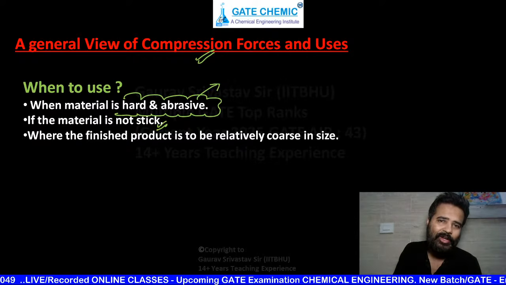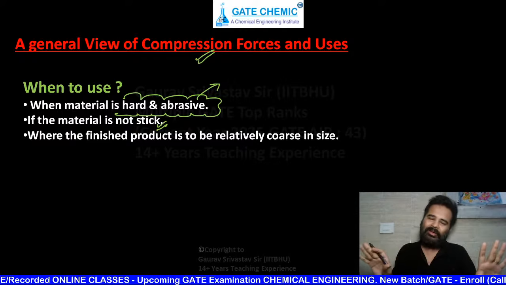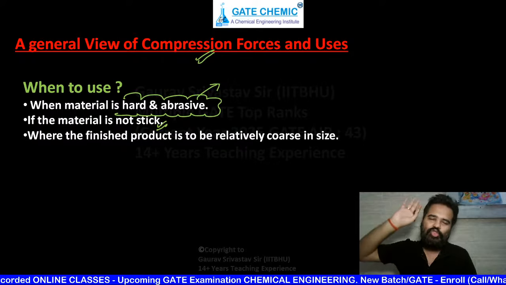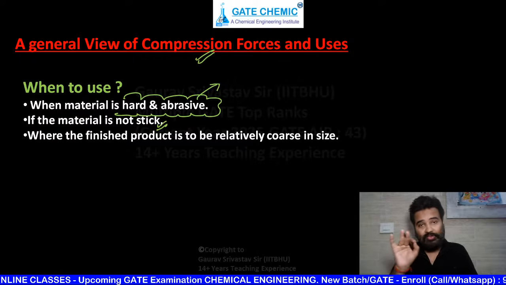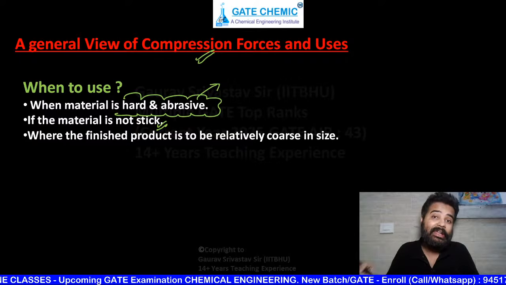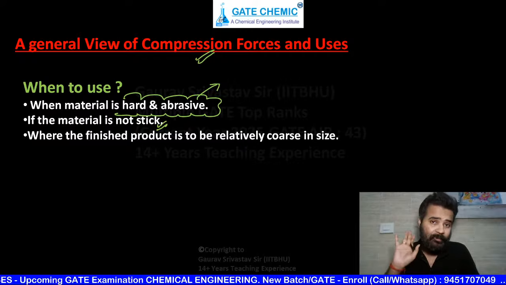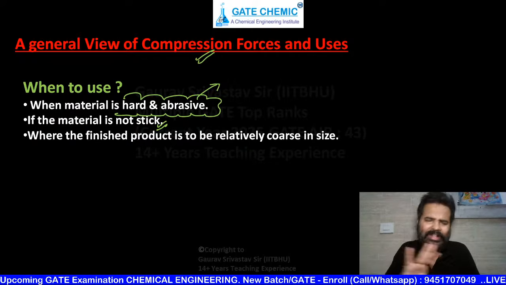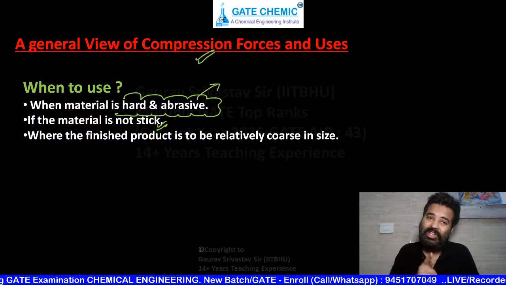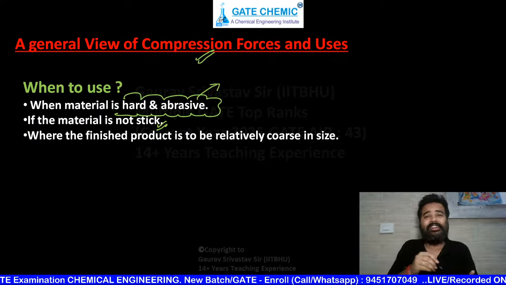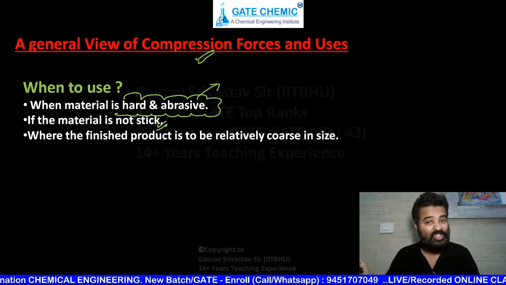I'm telling you, beta, if you try to write everything down, you will take a year and you will not be able to do it. The technique that I am going to use here, just 2 or 3 months are more than sufficient for getting AIR under 10, AIR under 100. So just focus on that, beta. Do only as much as I say, nothing else. If I'm telling you to write A, B, C, D, E out of A to H, please write only A, B, C, D, E. Please don't add F from your side. My dear students, please don't do this, strictly.